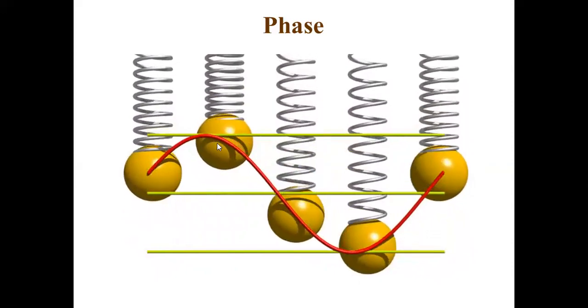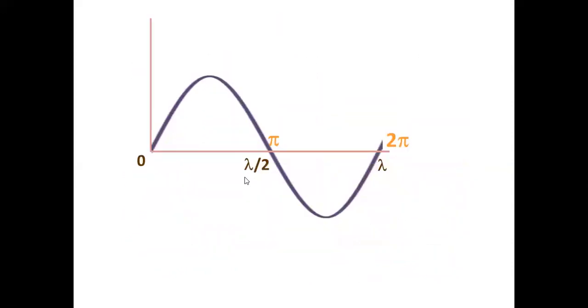But if you observe two particles here, usually in a book, we draw a waveform graph like this, and we call this the crest and this the trough. When this is at crest, this is at trough, they have a phase difference of pi. This is pi by 2 and this is 3 pi by 2, 1.5 pi. This is half pi, this is full pi, this is double pi. And this is lambda by 4, this is lambda by 2, this is 3 lambda by 4, and this is lambda. This is 0.75 lambda, this is full lambda, this is half lambda, this is 1 by 4th lambda, 0.25 lambda.